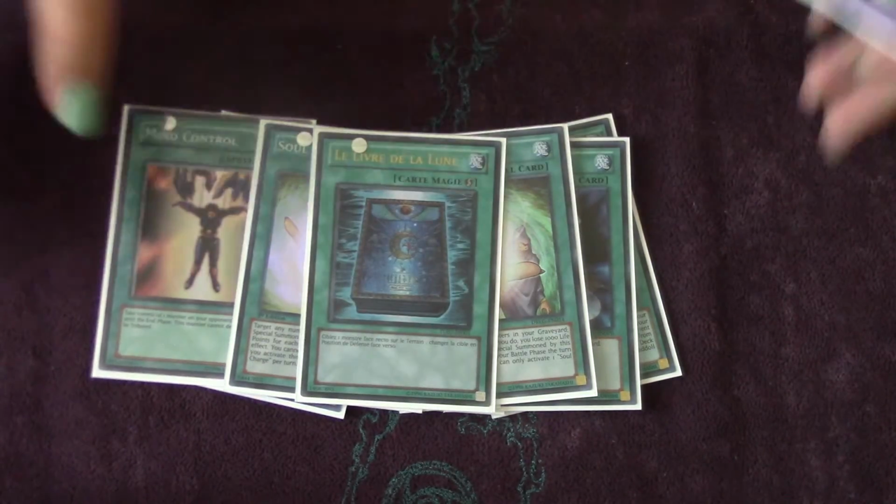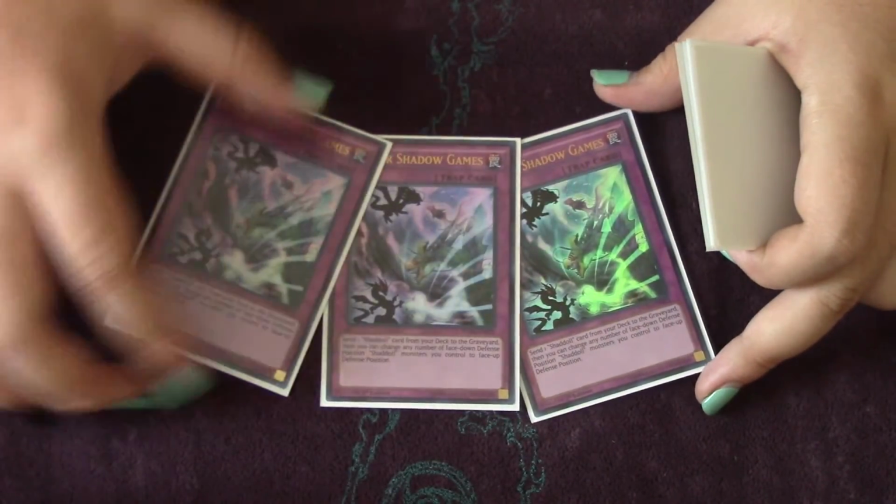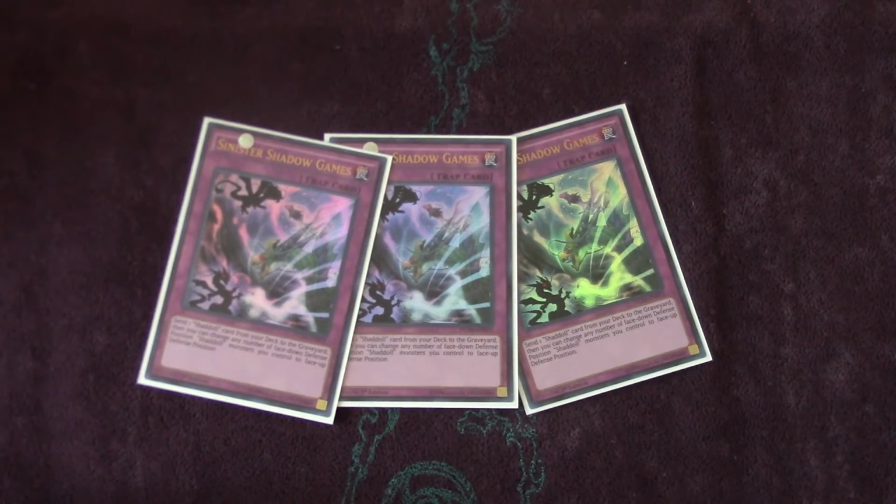And then the 1 Book of Moon as a staple. Moving into the traps, we run 3 Shadow Games, the expensive card in the deck. We opened up a case and we only pulled a couple of these. It was ridiculous. But anyway, Shadow Games is...